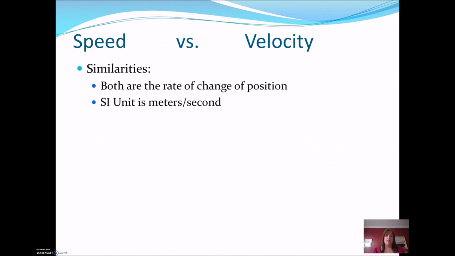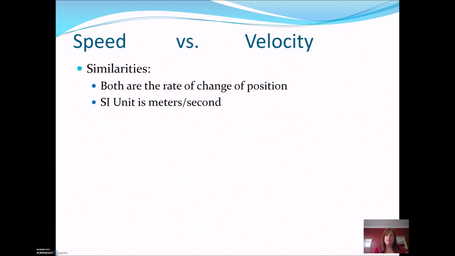Another difference that you need to understand is the difference between speed and velocity. Now, they're similar in that they're both the rate of change of position, right? They're like, how fast are you going? And their SI units are meters per second. We always work in SI units in physics. So while maybe I talked about feet on the last slide, we'll always talk about stuff in terms of meters